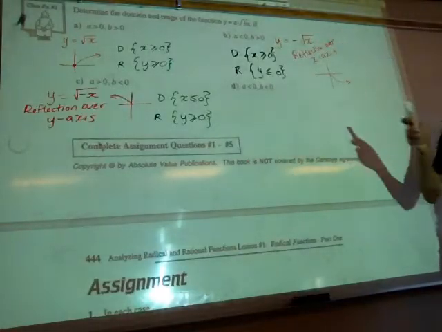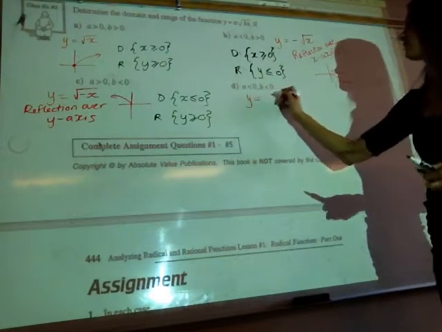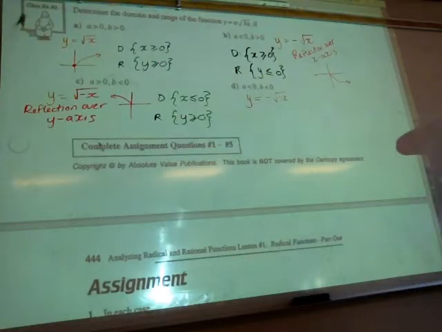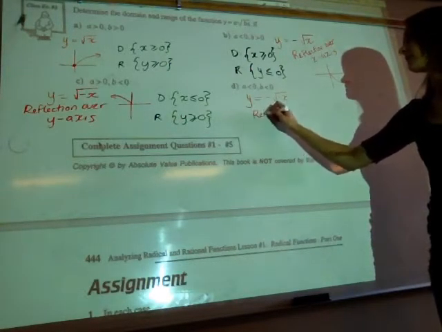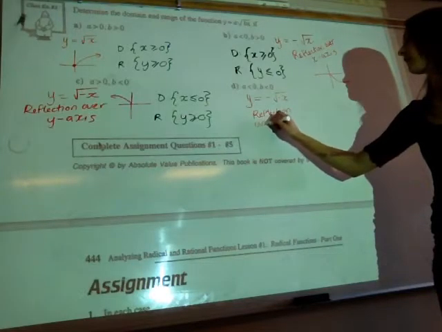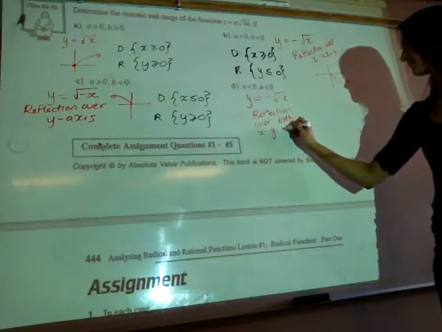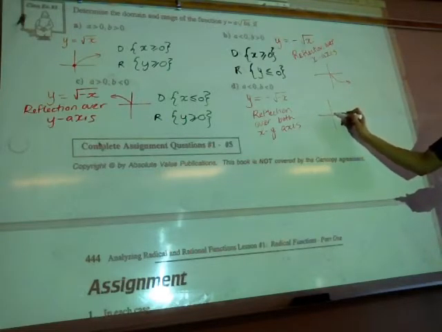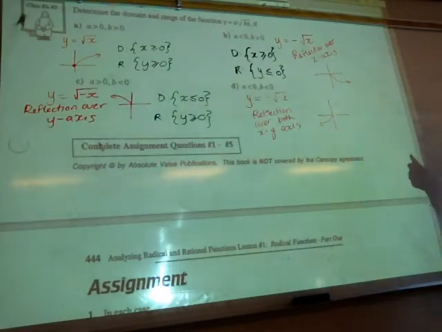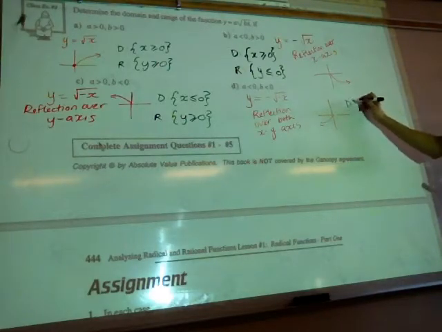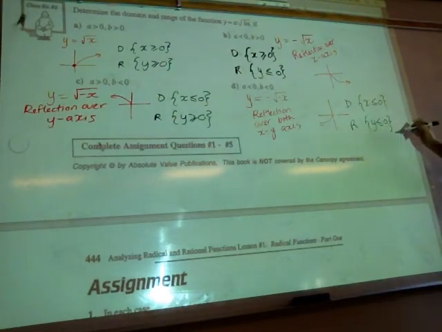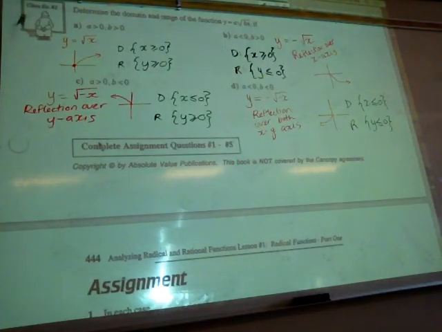Now what happens if both a and b are negative? So for simplicity, a base graph could be negative square root of negative x. There's a reflection over both the x and y axis. So then our graph would reflect, if we started here, would reflect over here and then down here. The graph would look like that. Domain x is less than or equal to 0, and our range y is less than or equal to 0. So that's a basic